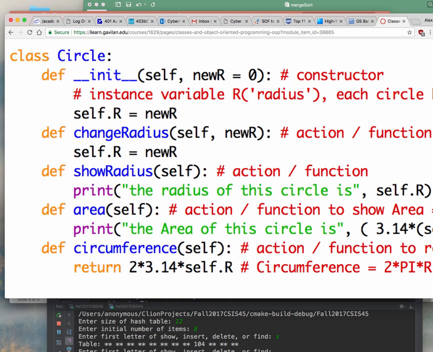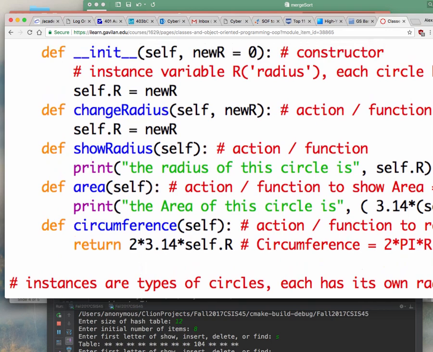Okay, so keep in mind that just because of this Python syntax, you have to put the self word inside of the parentheses of these different functions or actions. It's just the way it is. And that's one of the things that I don't really like as far as Python object-oriented programming is concerned. I don't know why they figured out let's just put self in everything. Why don't you just get rid of it and assume it? They didn't. Okay, so that's the syntax.